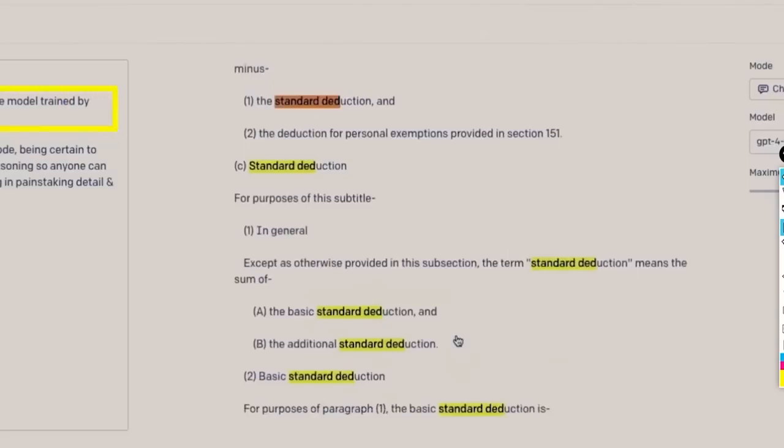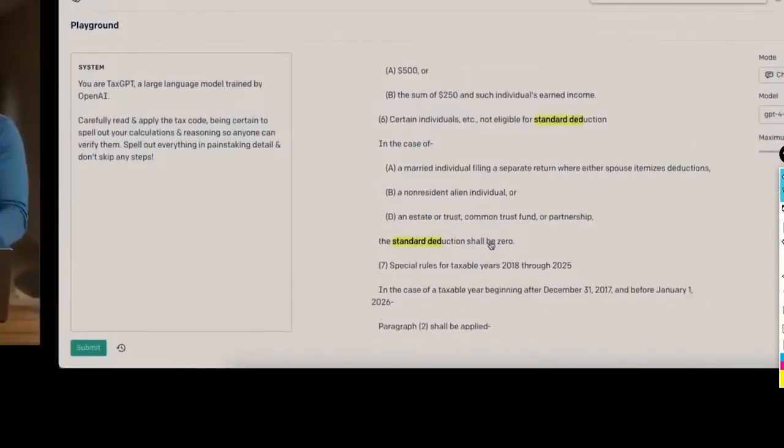and you can see right here they said you are Tax GPT, and this is why I said the steerability of GPT-4 is going to be insane. This is why it's not just going to be ChatGPT anymore, something that you're going to be talked to. You could literally make it applicable to any single industry in the entire world. So I could make it a YouTube consultant, a healthcare consultant, a music consultant. As you can see right here, they're making it a tax consultant,